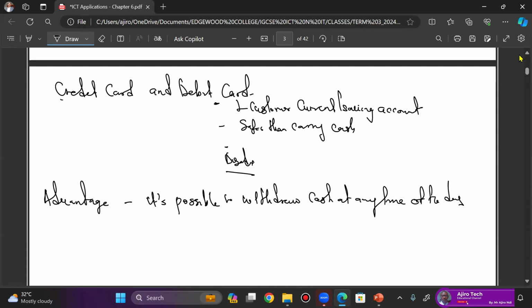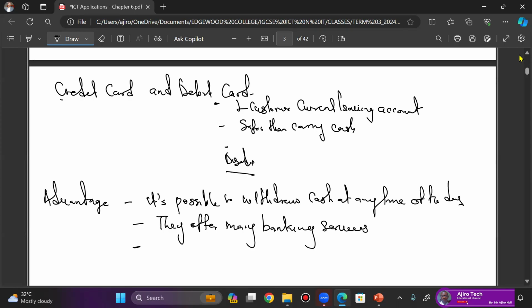Okay. Another thing is that they offer many banking services without the need to go to the bank. And it is possible to access your account from anywhere in the world. It is called mobile banking. You are making transactions on the move. That's what mobile banking means. So mobile simply means you're on the go. Banking, transaction. So you are making transactions on the go.